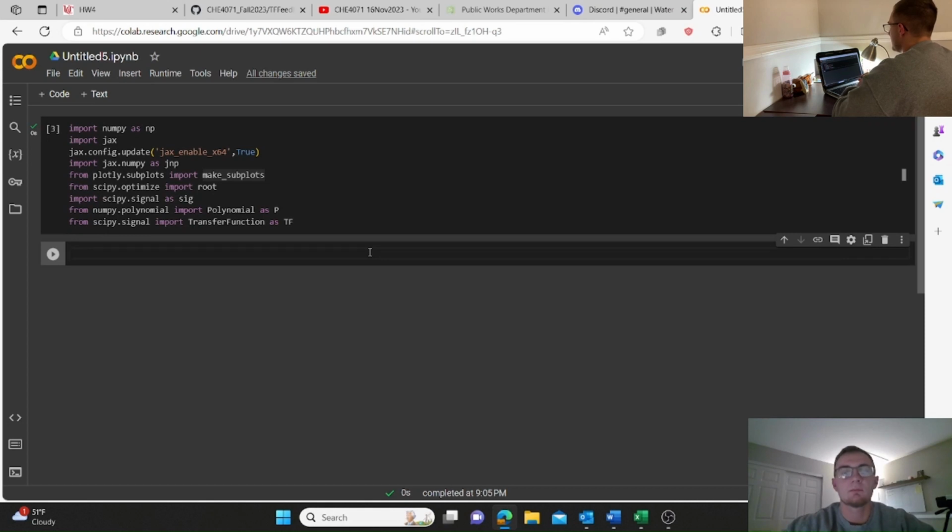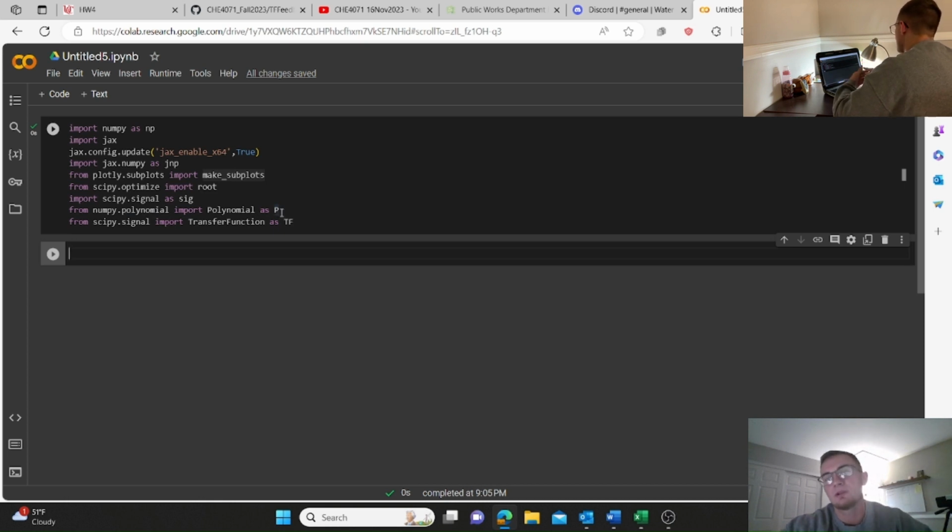Okay, so now that we're in Python, what we're going to go ahead and do first is I'm just going to show how we can multiply polynomials here in Python. So it's a big help not having to multiply these transfer functions by hand. So what I've gone ahead and imported here is from numpy.polynomial, I've imported polynomial as p. So essentially what we can do is